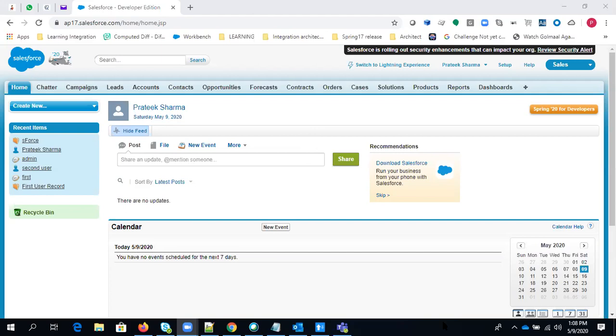First of all, we are using the same org where we completed the record space in our first session, in which we created the complete project. So right now, I will create a custom object and custom field. Let's create a custom object here. You know how to create that.